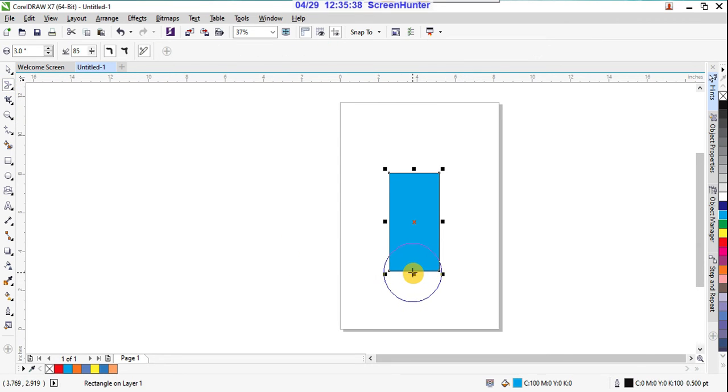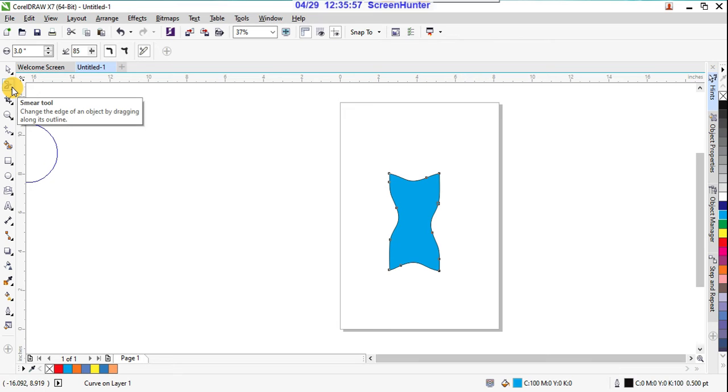See, along its outline you are changing the shape. So that means very easily you can control and convert your actual shape into something else. To control your freehand shapes we use this tool.